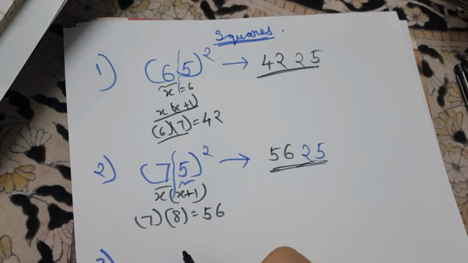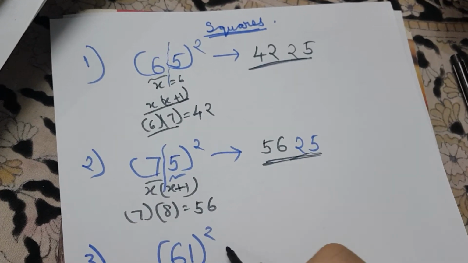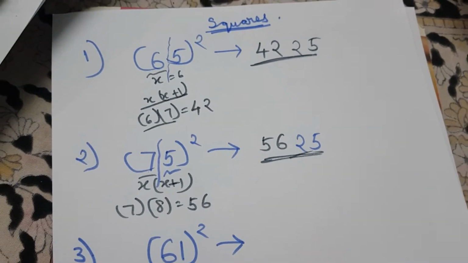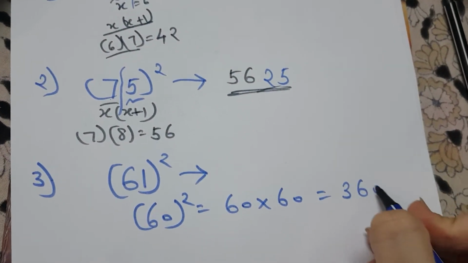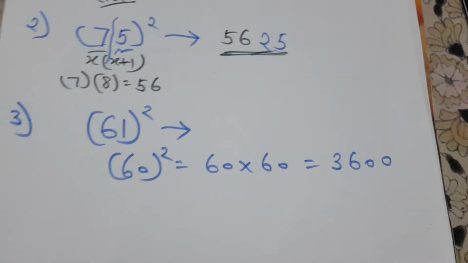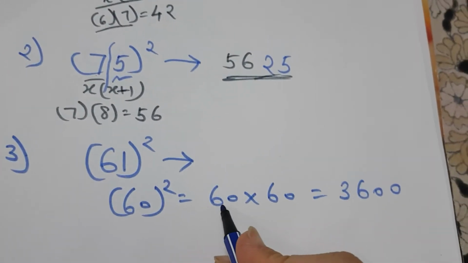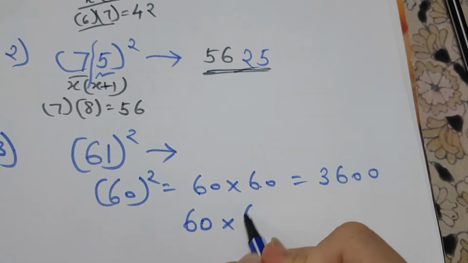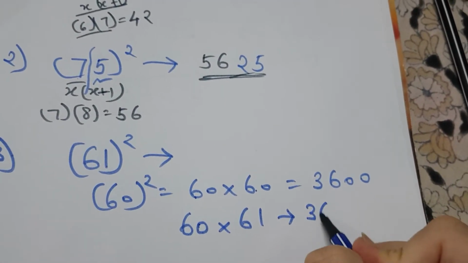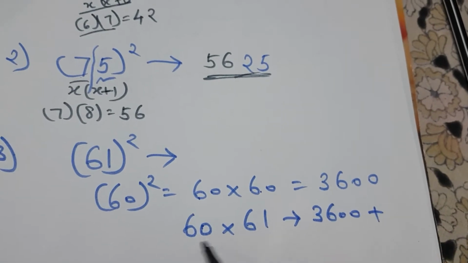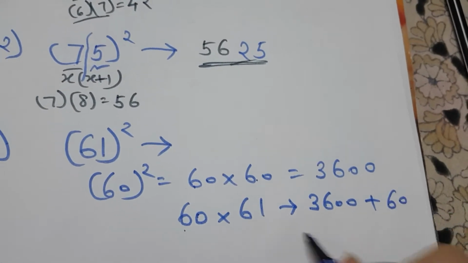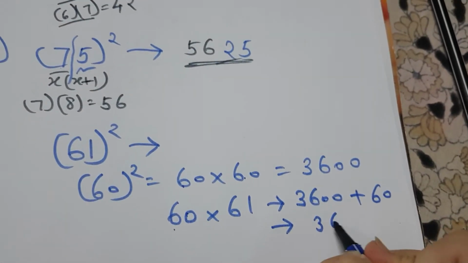Okay, now we will do a different question. Let us suppose you have an example, 61 square. You all know 60 square. We can write this as 60 cross 60, that is nothing but 3600. We can easily remember 60 square, 50 square, 40 square, 70 square, right? So here we have 60 added 60 times. Let us now imagine we have added 60 61 times. So what will be the difference here? It will be 3600 plus, we have added 60 the first time, then we have to add 60 here. So your answer will be 3660.